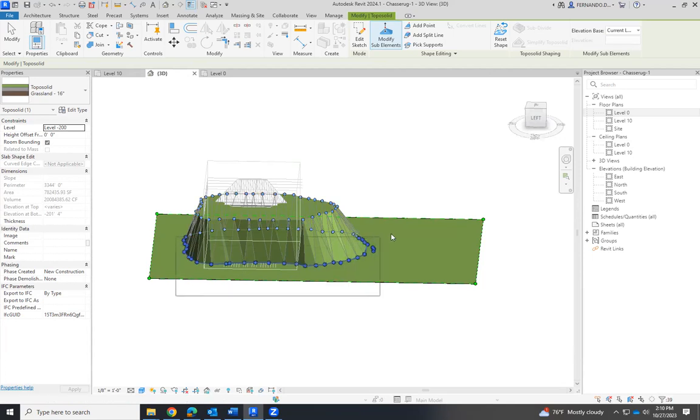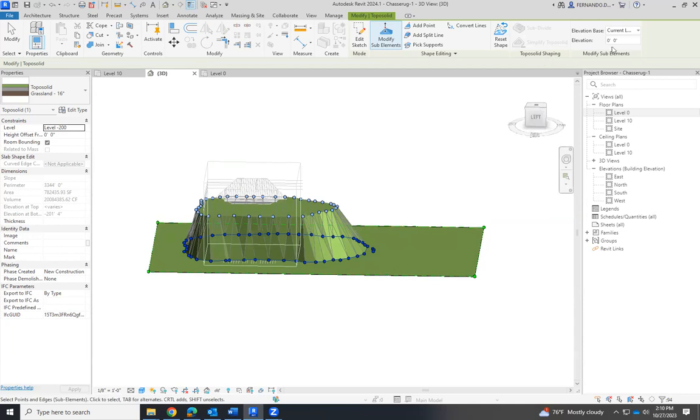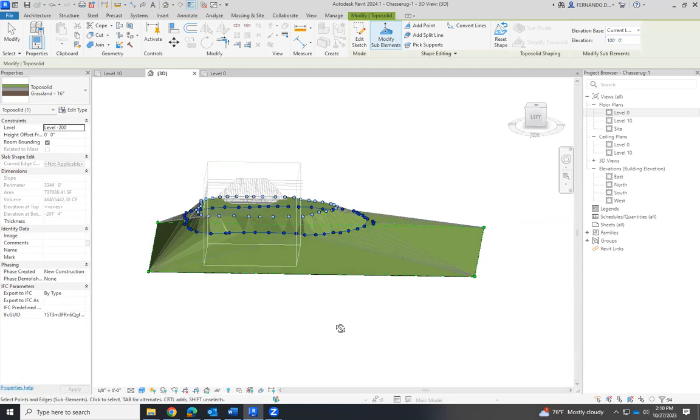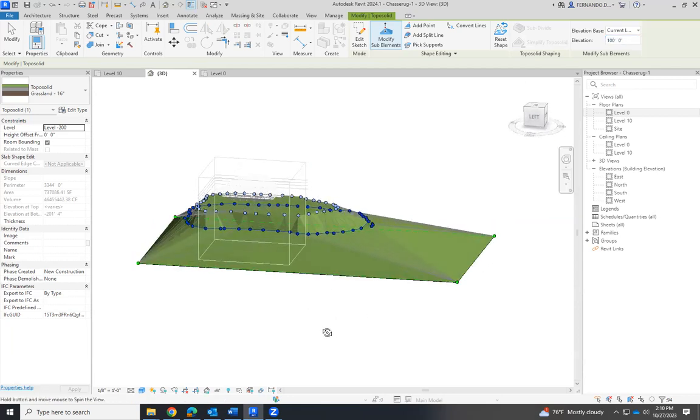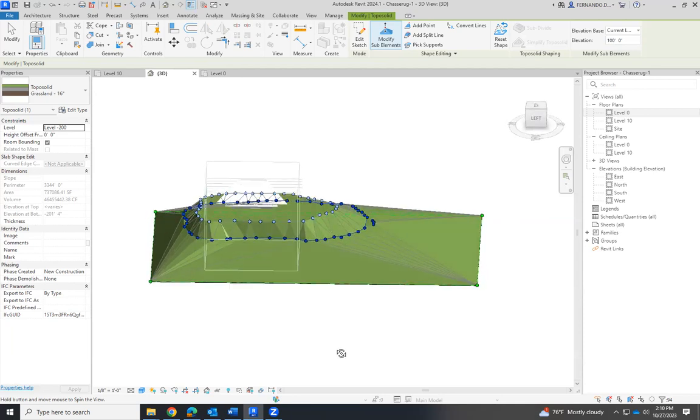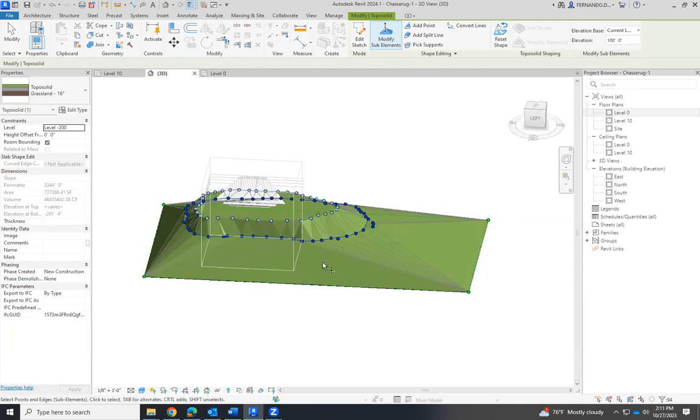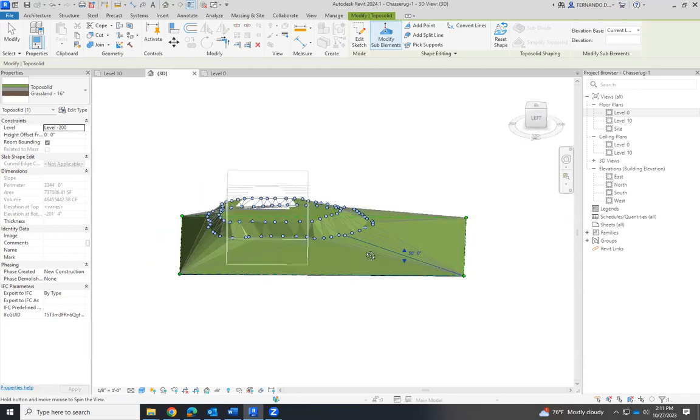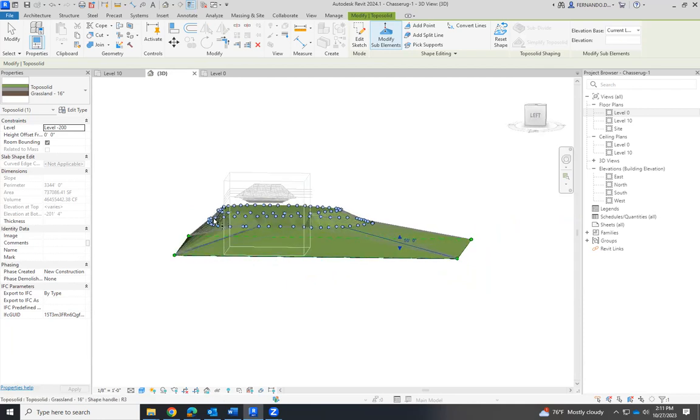Now what else? I'm going to select the original contour line, and I'm going to move it like 100 up. Okay, so you see that little by little, I'm building my mountain. And the slope here is lighter than there.